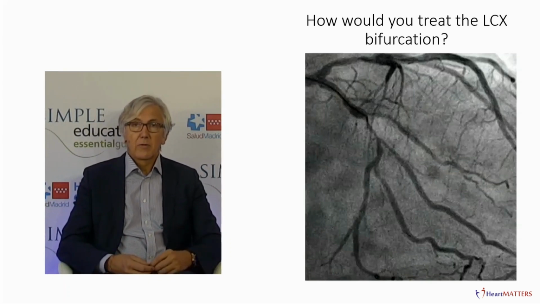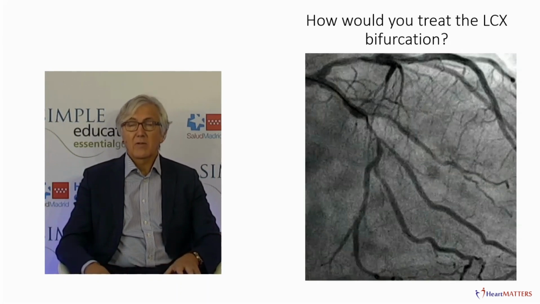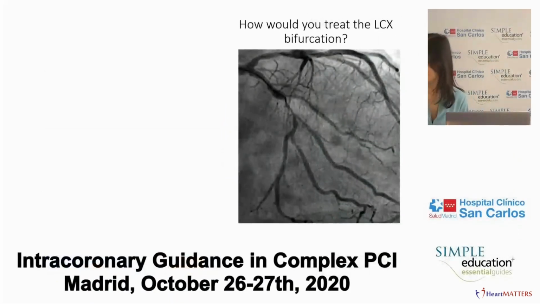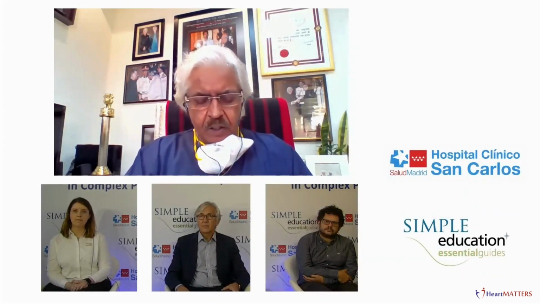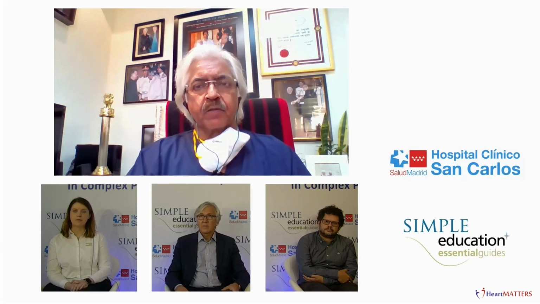All our criteria of side branch protection, using a two-stent strategy versus a provisional strategy, are based on many of the angiographic criteria which have been linked to outcomes. So when I look at a bifurcation, I analyze it in both ways. And clearly here, the disease does progress angiographically into the second OM, but not so much into the circumflex beyond the second OM. So I actually, therefore, am clear that provisional,